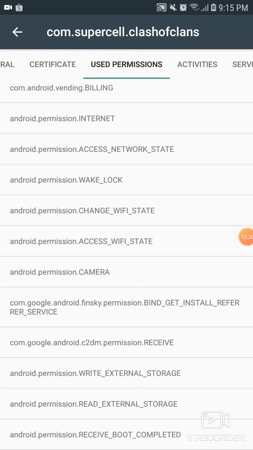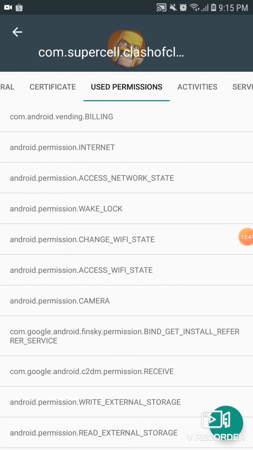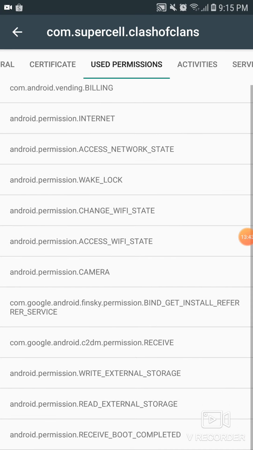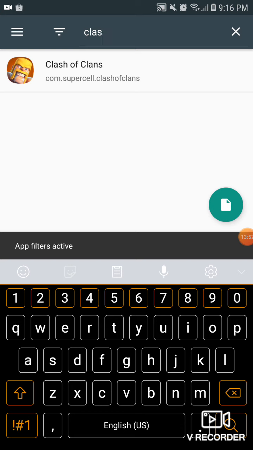Camera. Yeah, I don't really know why the camera permission is needed, but camera permission is there. Network is also there because we need a network to play the game. Okay, next we will go to the next application,